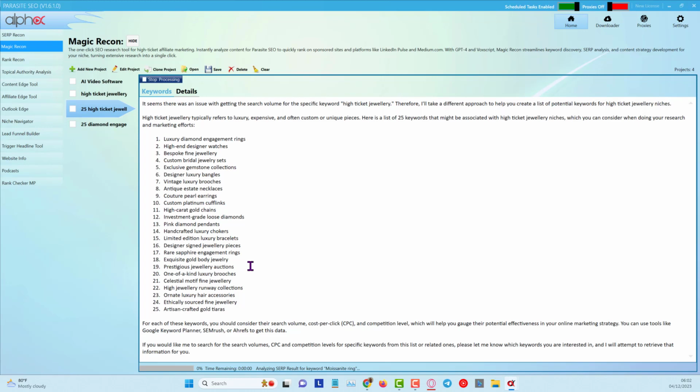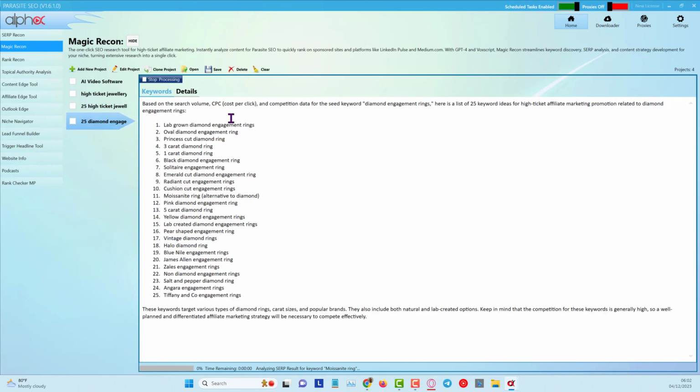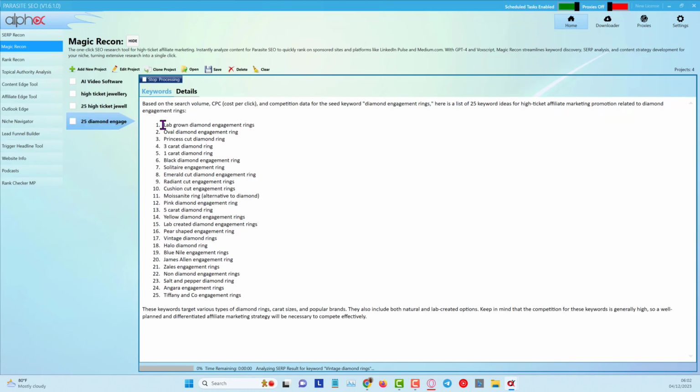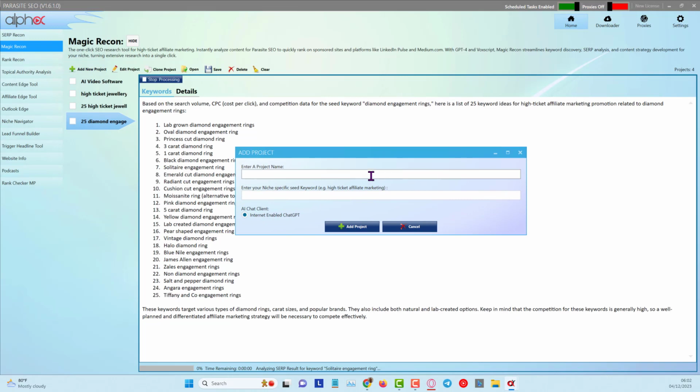Engagement rings is something that's always going to be popular, so digging into that, we've got an interesting one right here at the top: lab grown diamond engagement rings. So we're going to dig deeper again. We've gone one level deep, then two levels deep by putting in diamond engagement rings, and now I'm going to go deeper one more time, and we're going to put in here